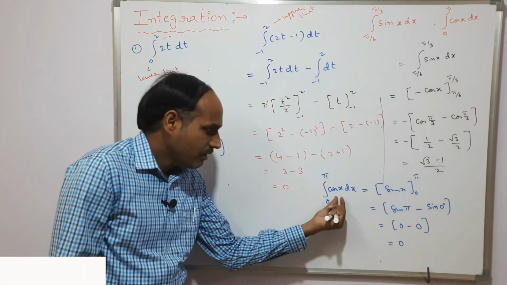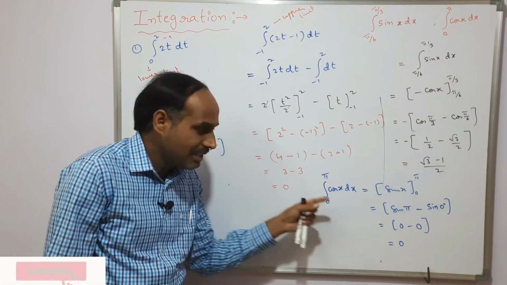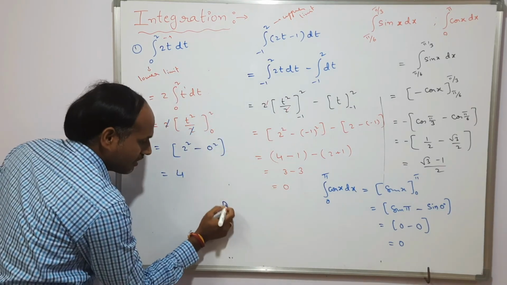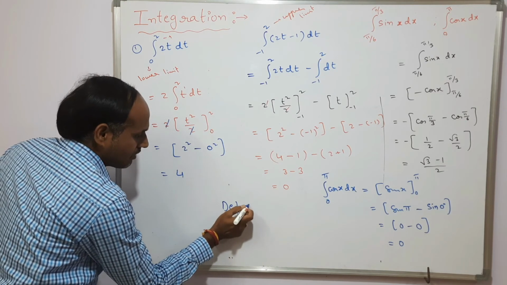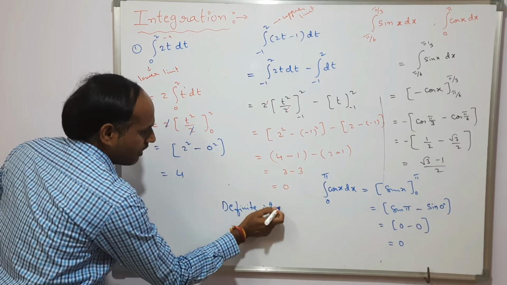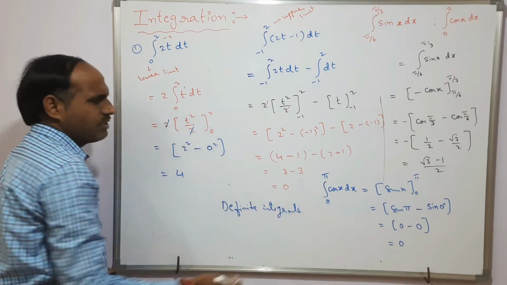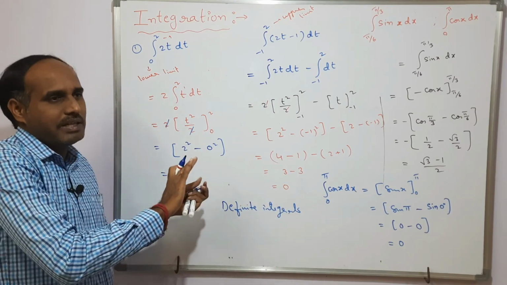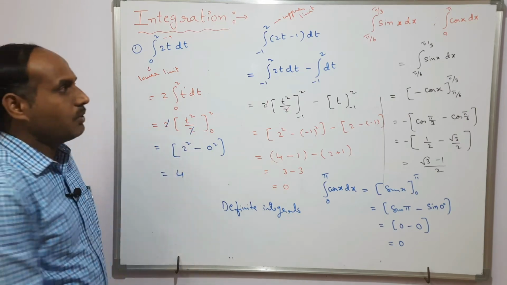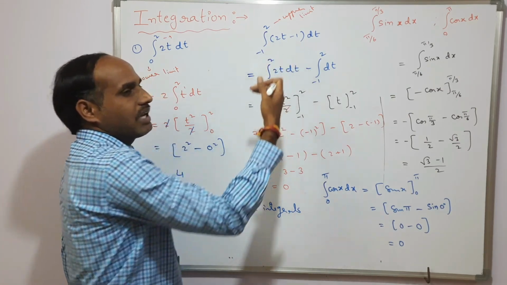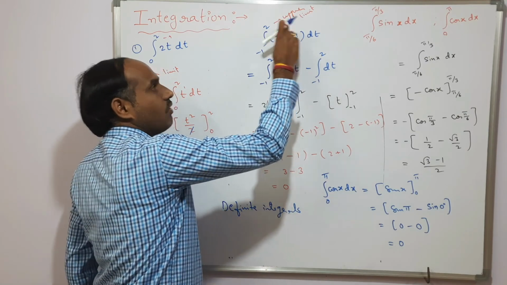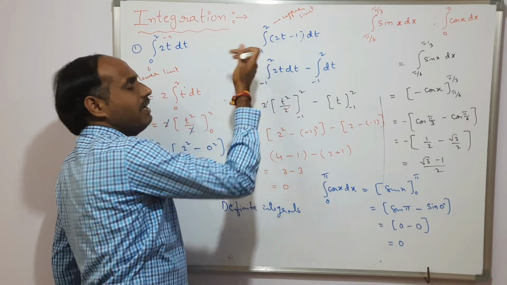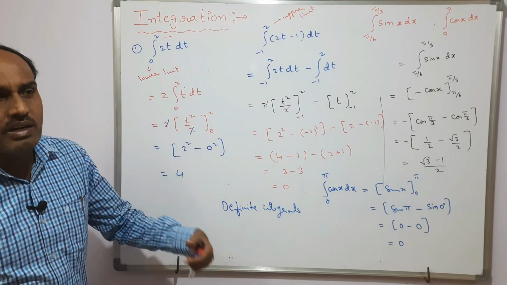Again, how this function changes within these limits is what is called the definite integral. Before learning these things in physics, first of all you need to know the basics of this in mathematics. After that we implement all these things in physics. Why? Because whatever the given function is, when I come to physics, it is a physical quantity. How this physical quantity changes with respect to this limit is the use of the definite integral in our physics.